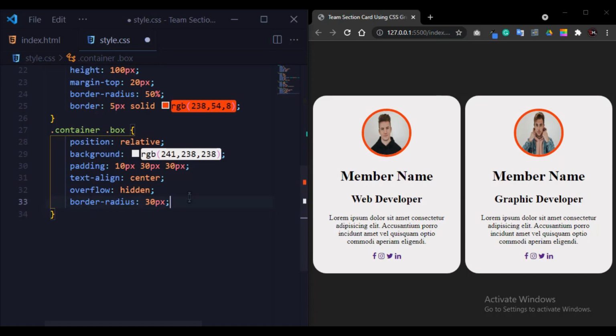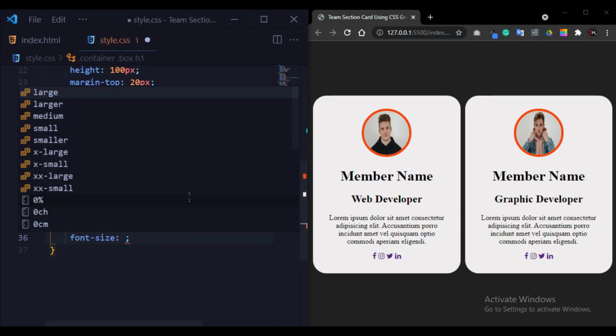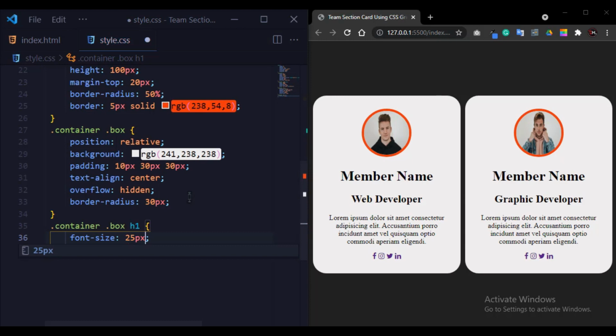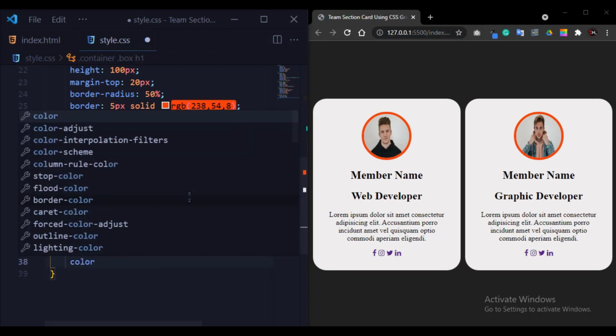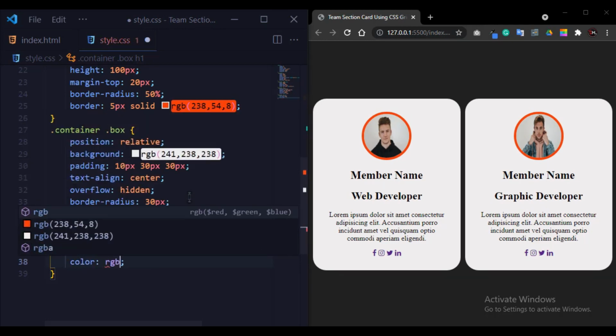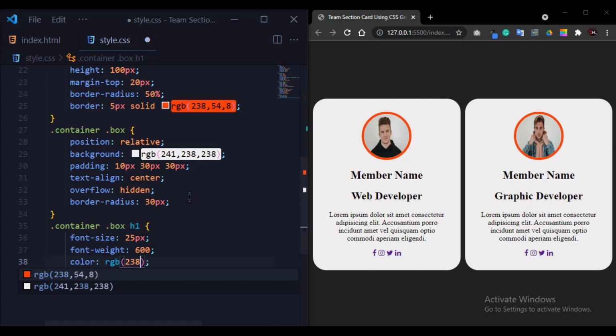So now we write some CSS for the heading. So just simple dot container dot box, after that h1 heading. First of all we change the font size 25 pixel. Now font weight 600. After this we will change the color to 38, 54, and 8.